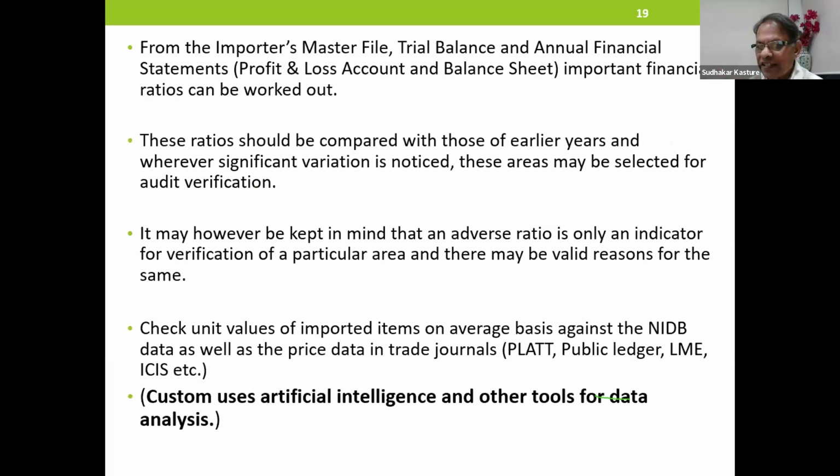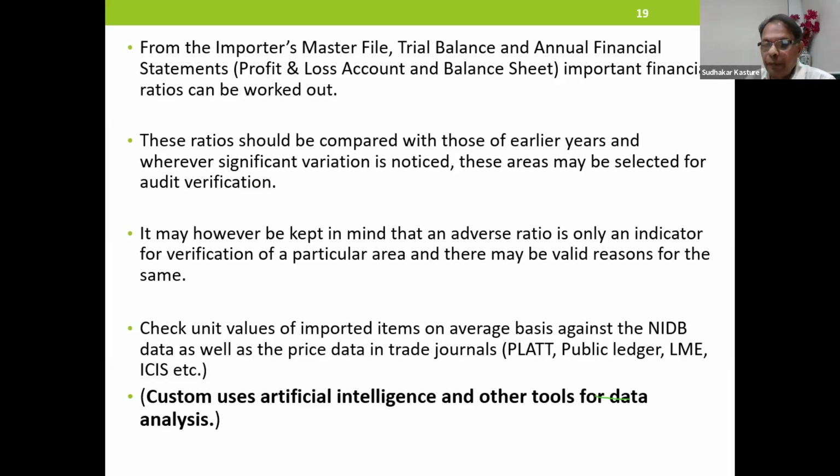From the importer's master file, trial balance and annual financial statements, important financial ratios can be worked out. That is what they will do. These ratios should be compared with those of earlier years, and wherever significant variation is noticed, these areas may be selected for audit verification.